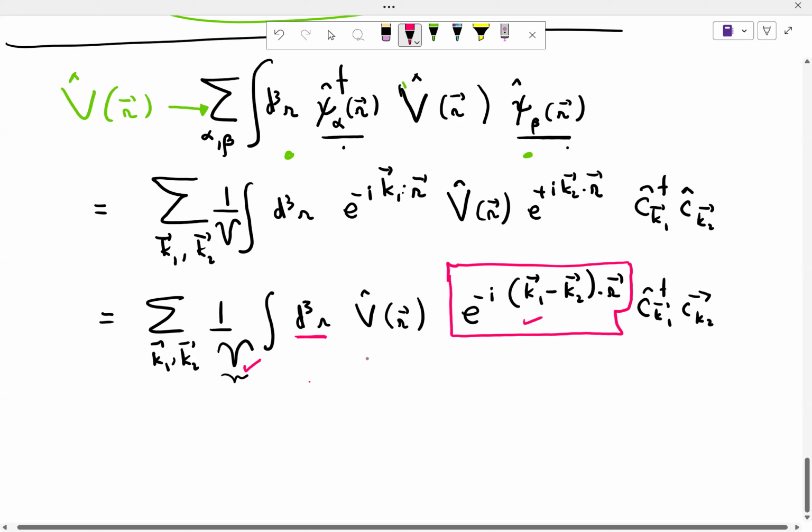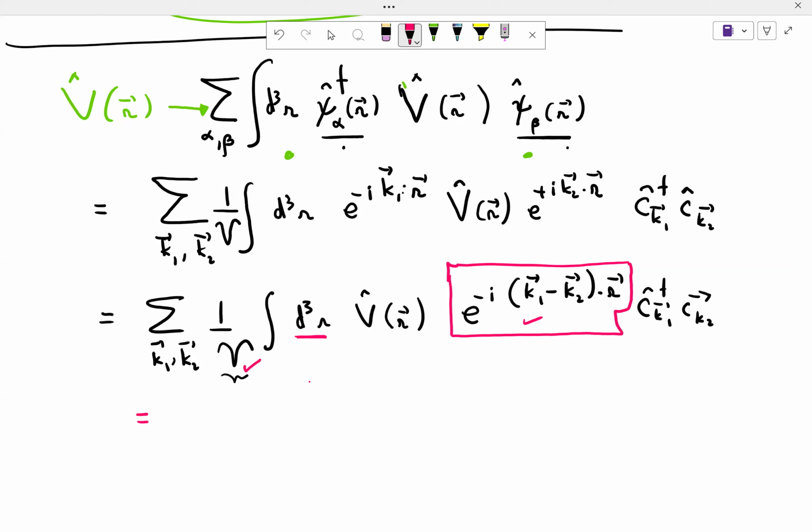So overall, what's going to happen is that my overall result will be, so what I could do is